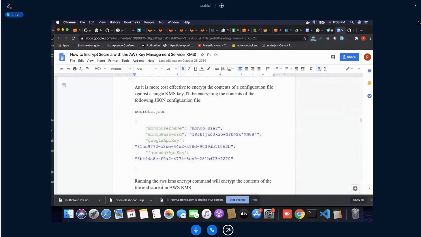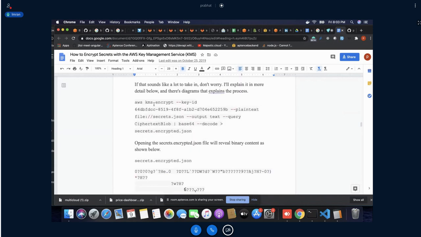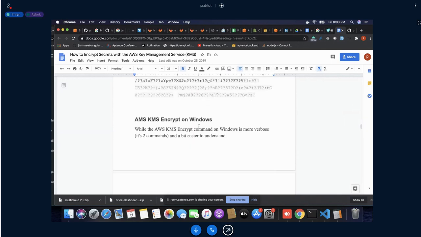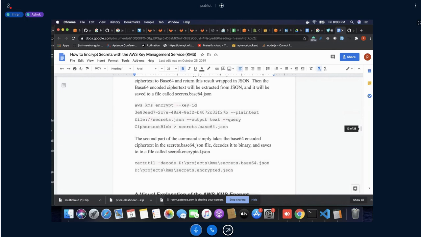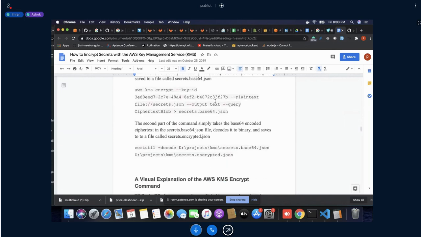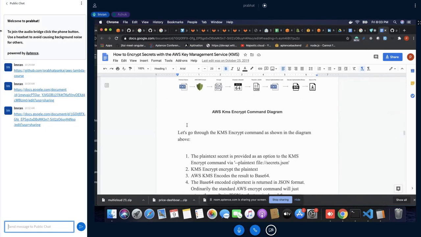If you want to convert this raw data into encrypted data, this is how you see it: KMS encrypt, key ID, this plain text file. This way you will see this is the encrypted file. You can also decrypt it if you have the keys. So this is how this encryption works.